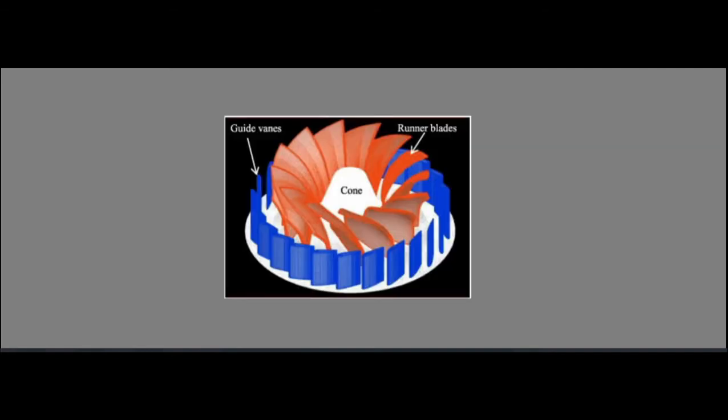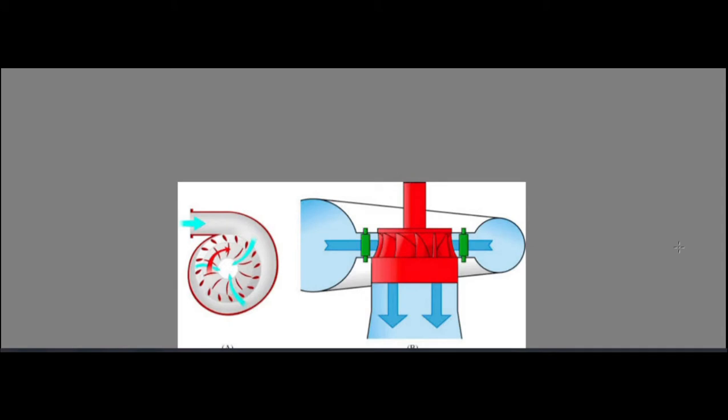Once again, this is also a figure showing the guide vanes on the outside. These are the stator parts, meaning the stationary parts, and these are the runner blades which will move. These are the moving blades or runner blades, and these are the guide vanes or fixed blades. Again the involute casing, or scroll casing, is decreasing in cross sectional area. Flow goes inward.